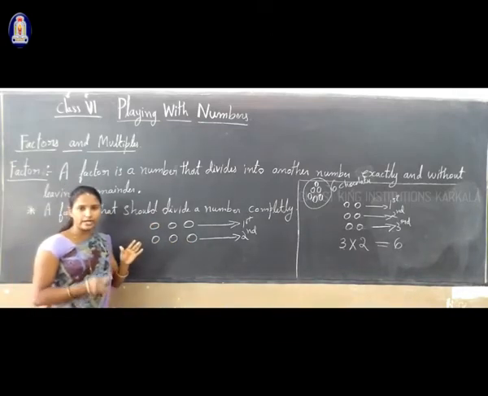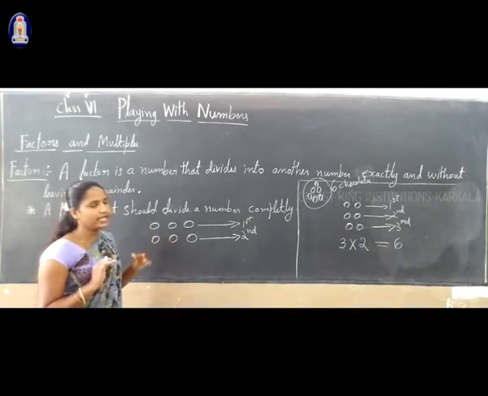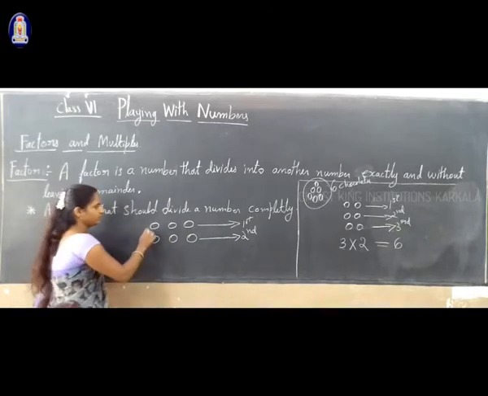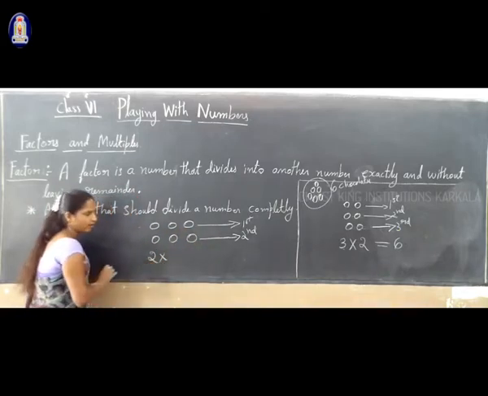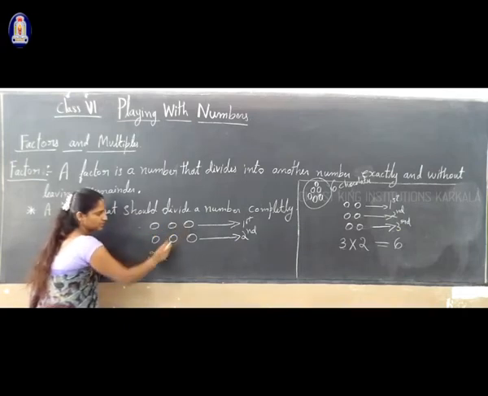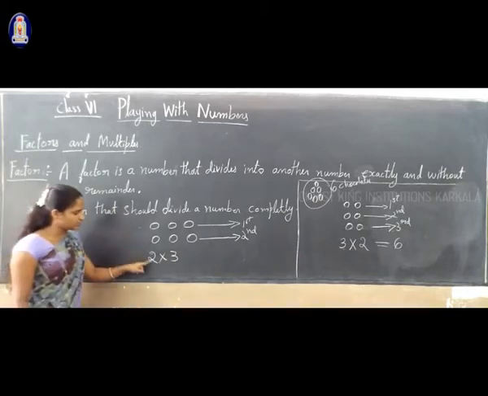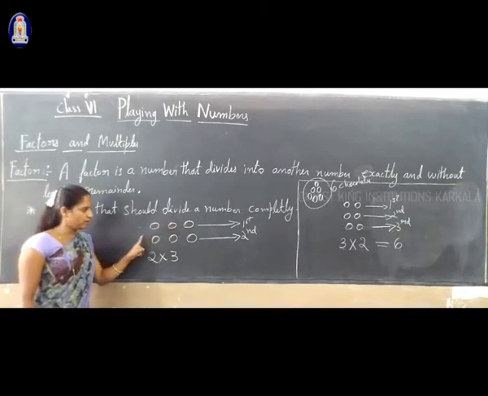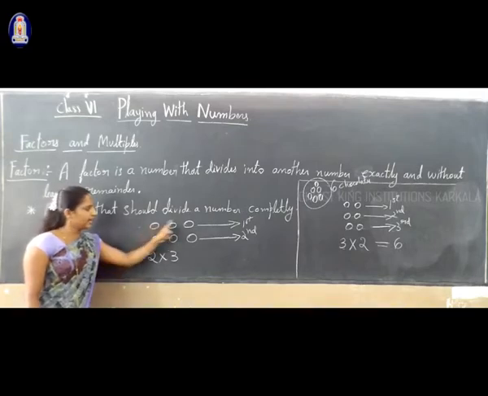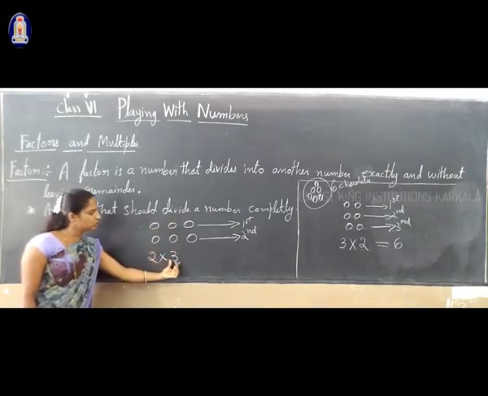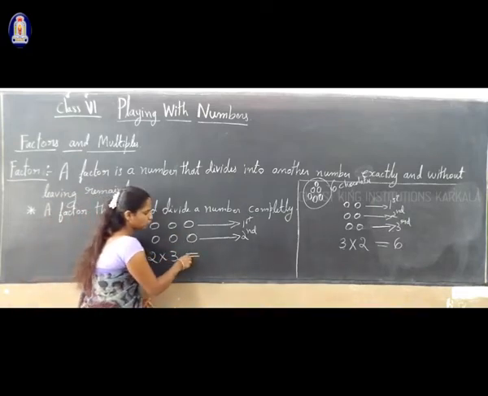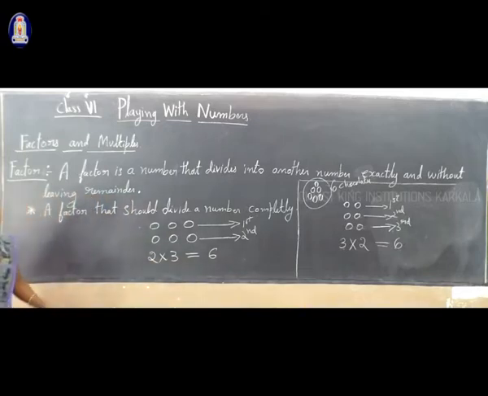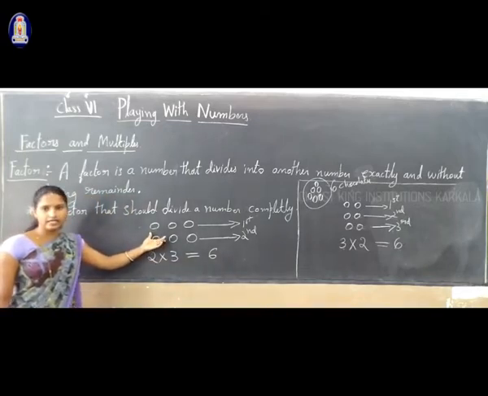So that is the rule. You have to arrange chocolates in each row equally. Now, here is the first row, this is the second row. So 2 rows, and how many chocolates are arranged in each row? 3 chocolates. 2 represents the number of rows. How many chocolates do we arrange? 3 chocolates. So now multiply: 2 threes are 6. So we arrange chocolates equally in each row.